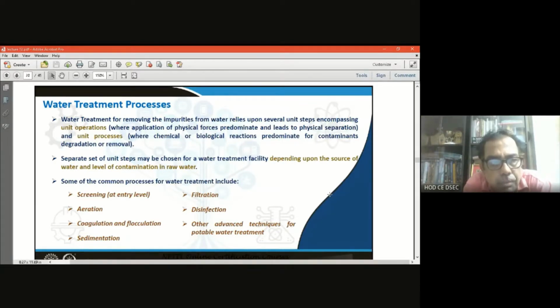So the topic will be the water treatment process, a very important topic, that is the treatment process for drinking water. We'll discuss the beginning of this treatment process because it is a very big topic, so that will be going on in some forthcoming lectures also. Water treatment basically is removing the impurities from the water,